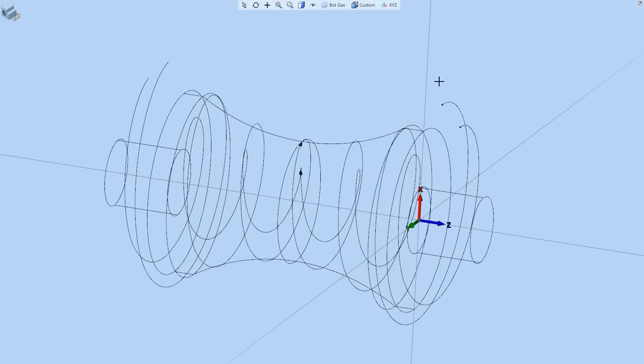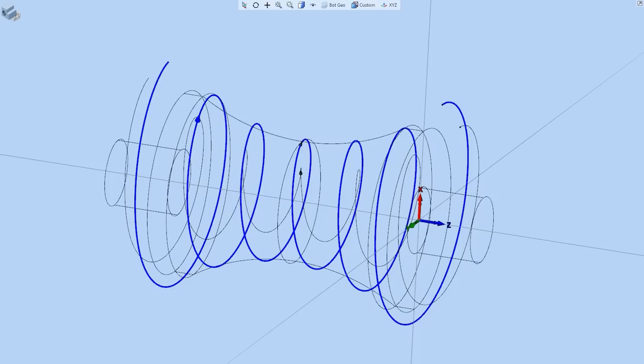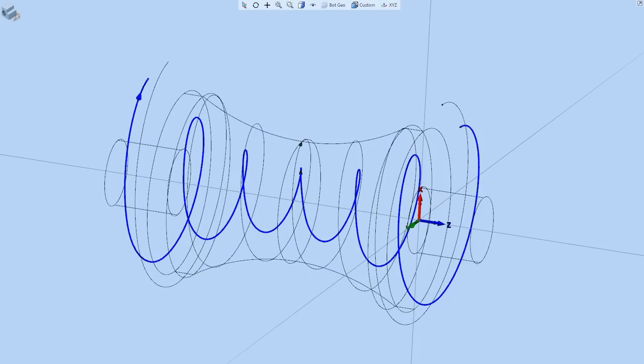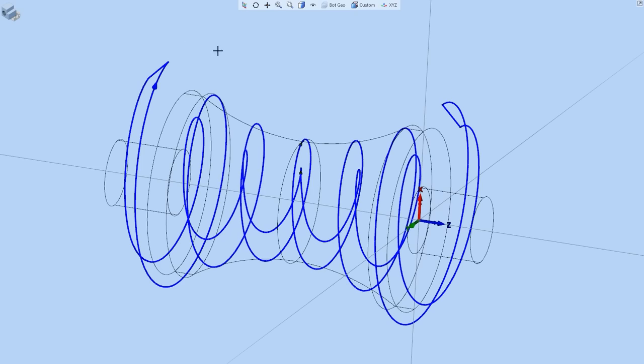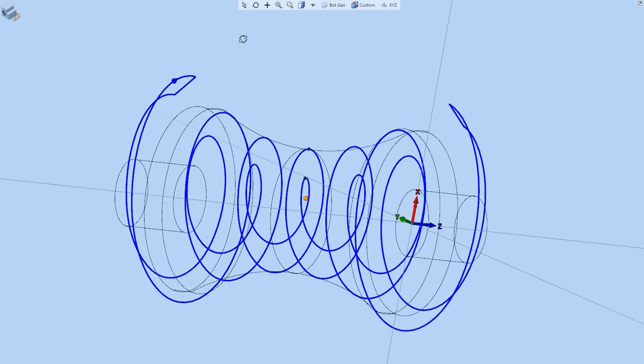Alright, here we are looking in the CAM software, and I couldn't figure out how to model this in a solid model for some reason, but I was able to model the curves. So here's the outer curve. This is the center line of the, I don't know what you call it, thread or groove, if you will, and this is the bottom of the center line. So I was able to model those, and then I could create a ruled feature, which is what you're seeing here,